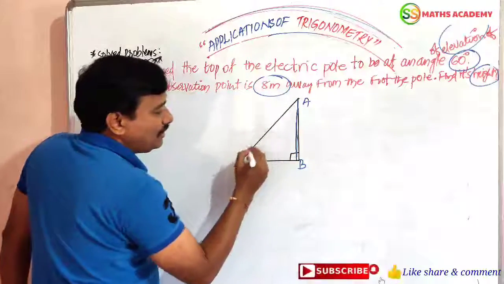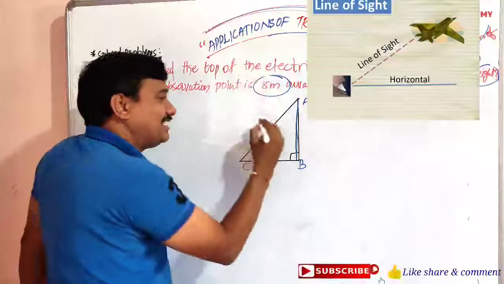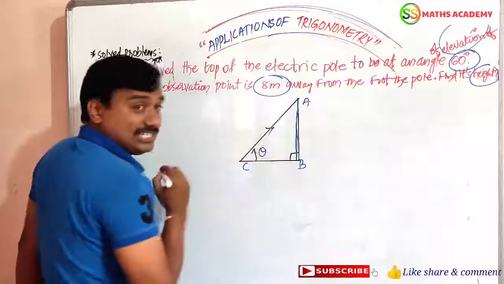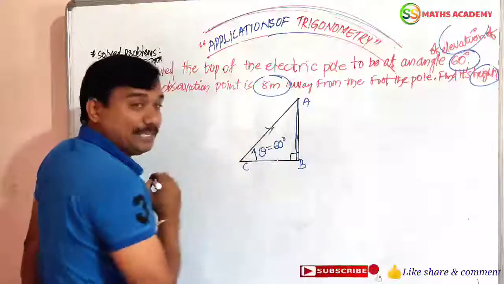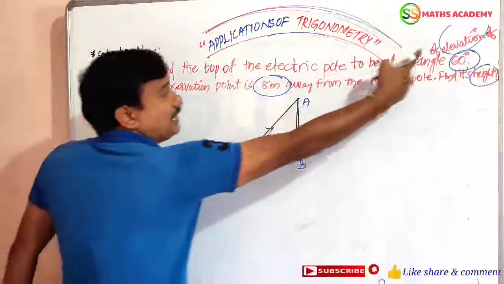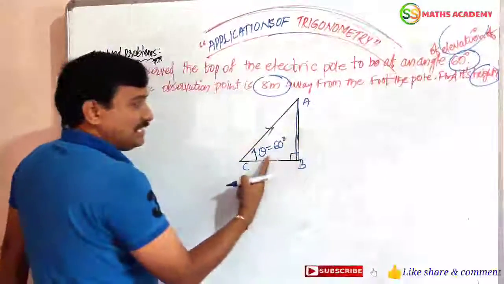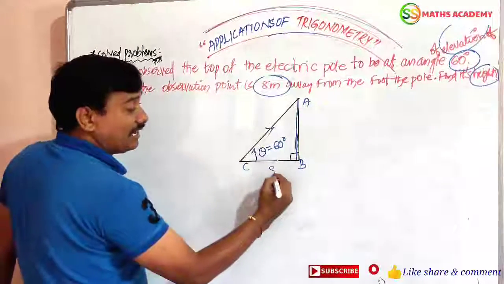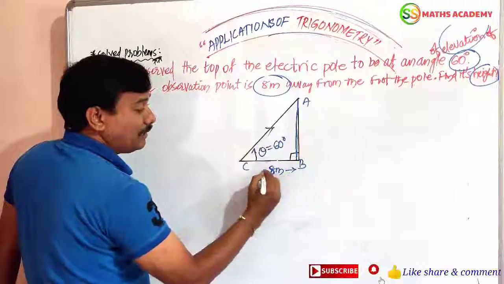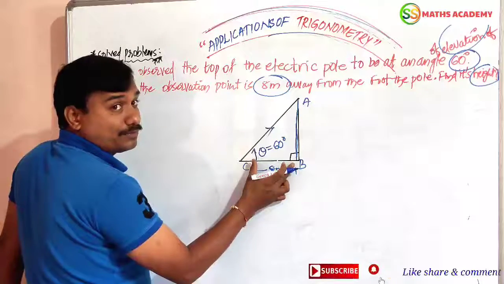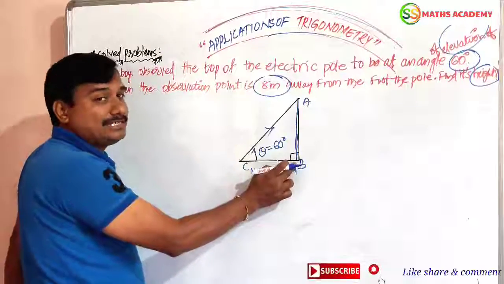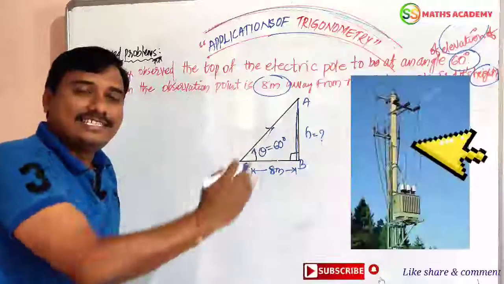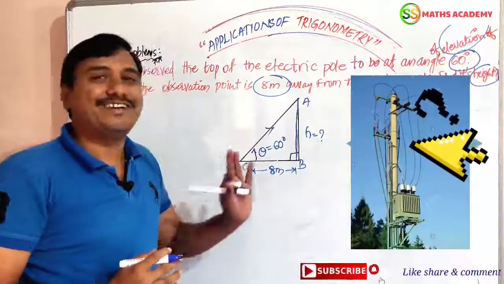Now the angle of elevation: we have the line of sight above the horizontal line. Yes, this is called the angle of elevation. This arrow marks the top position. This is theta, and theta is given as 60 degrees. First point is the angle of elevation. Second point is theta. Third point is this distance, 8 meters from the foot of the tower. This is the distance from the observer to the foot of the tower. Then find the height of the pole. This is the main information of this question, friends.